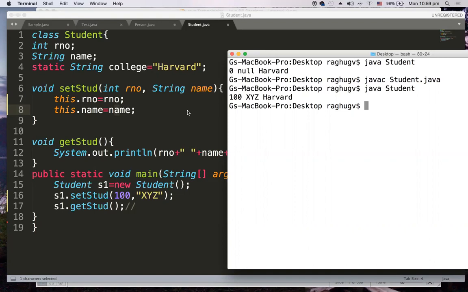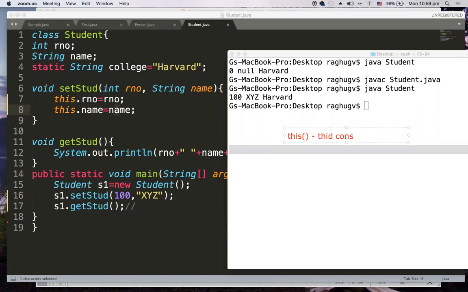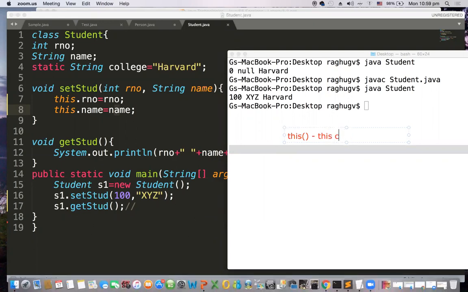And as part of this topic, there is something called the this constructor. Whenever we say this followed by parentheses, it is called the this constructor. So what is this constructor? We have to see.